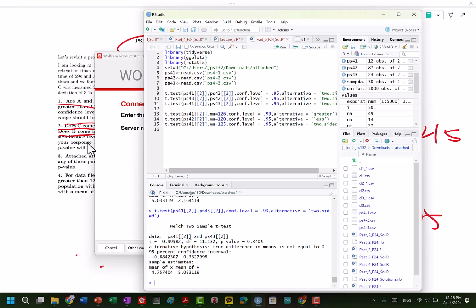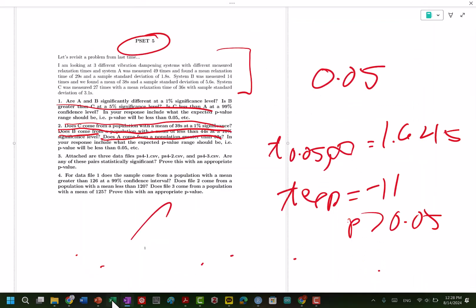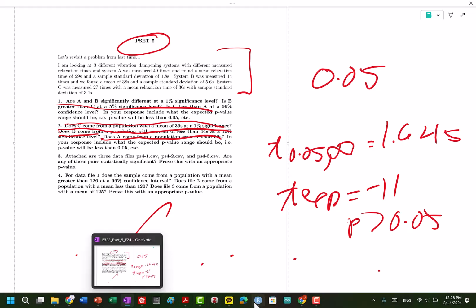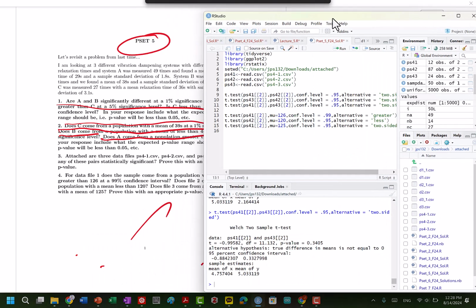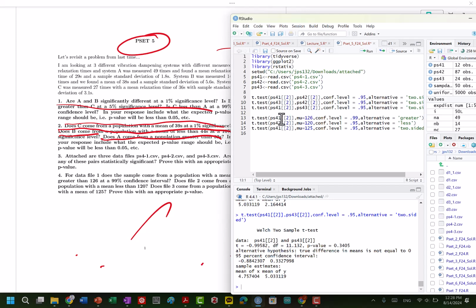So, fantastic. We have some additional questions here. Does 1 come from a population with a mean greater than 126 at 95% confidence interval? So remember, we need to be less than 0.01, so let's go ahead and click there.